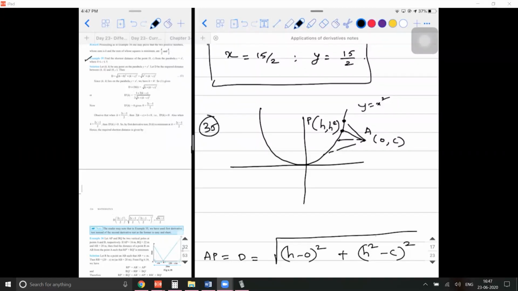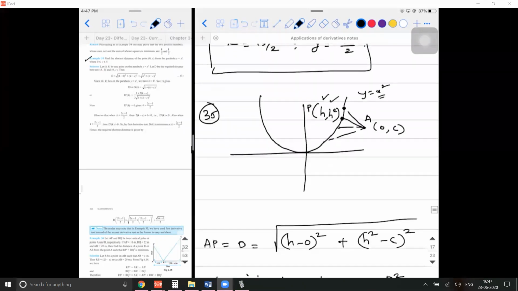So when is it possible? That we don't know. So I'm trying to say that there is a point (h, h square). Why is it (h, h square)? Because if I take the value of x as h, the value of y will be h square. I hope this point is clear at least. Yes, sir.